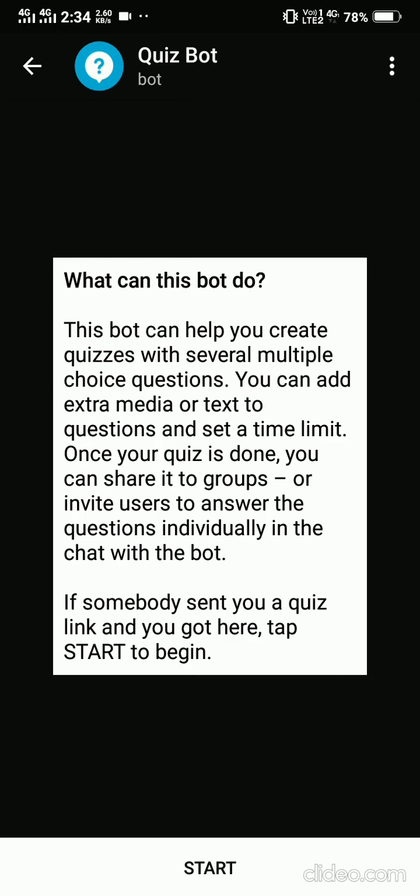Okay, we have just read the matter. Now I'll explain everything clearly. Whatever this matter is, the process will be the same. See, what is this bot for? The name itself says it's a quiz bot. It helps in creating new quizzes. Okay, you created a quiz. What's next? After creating a quiz, what type of quiz? A quiz of multiple choice questions.